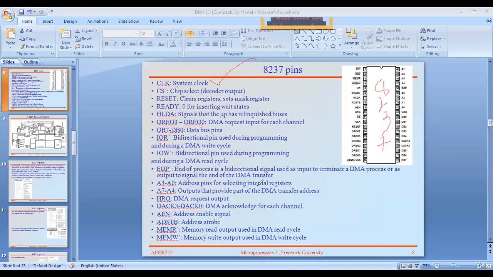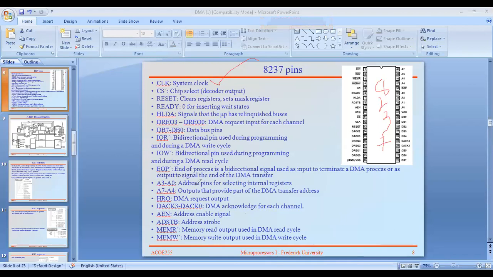Next, DACK. DACK means acknowledgement. How many acknowledgements does it contain? Acknowledgement 0 to acknowledgement 3, the DMA acknowledge for each channel.